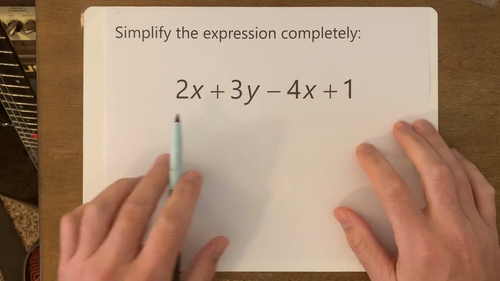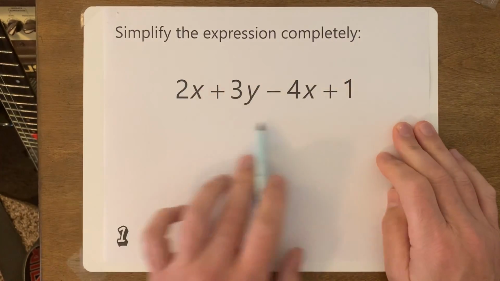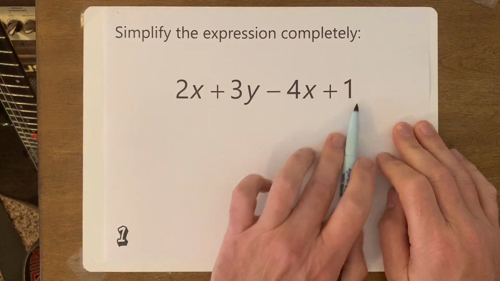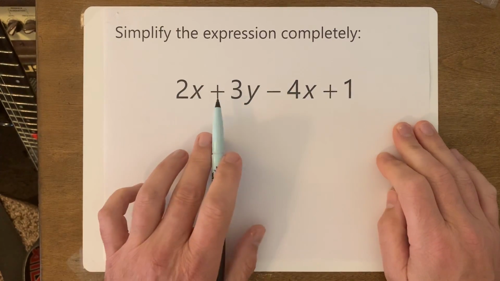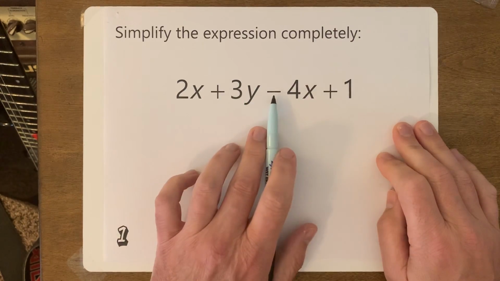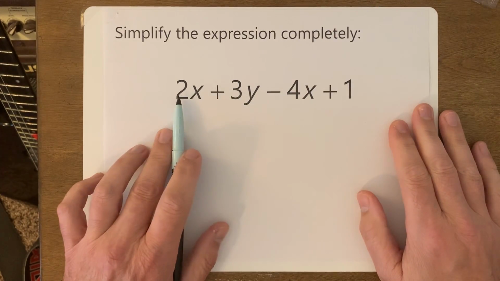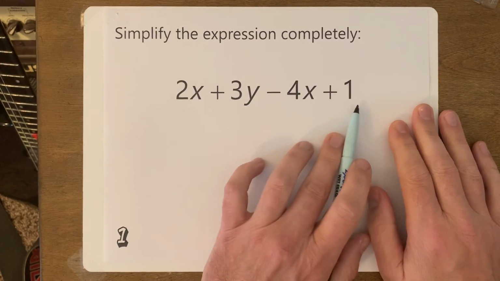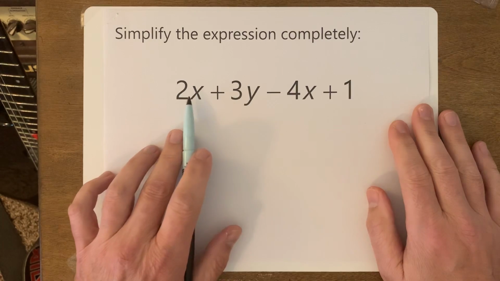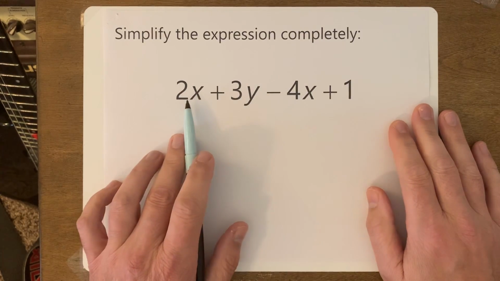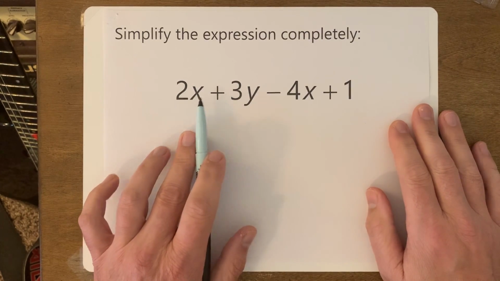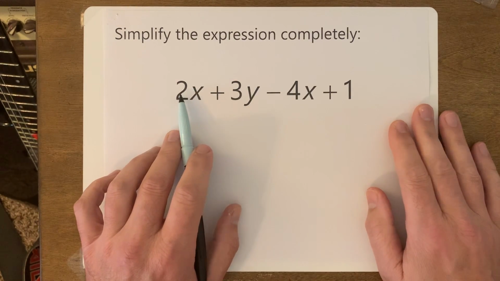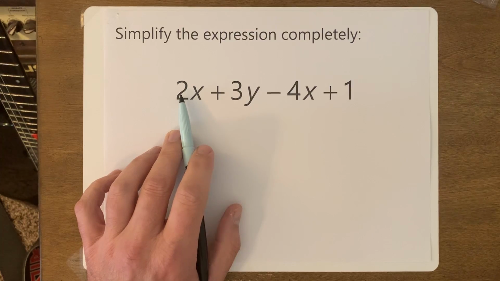The first thing you need to know is in this expression right here, it's called an algebraic expression. We have 1, 2, 3, 4 terms, and terms are separated by addition or subtraction, pluses and minuses. The number in front of the variable is called the coefficient. If there's no variable, it's called a constant. Like terms are terms that have the same variable with the same exact exponent on that variable. It doesn't really matter what the coefficient is because we're just going to combine those, but we do look